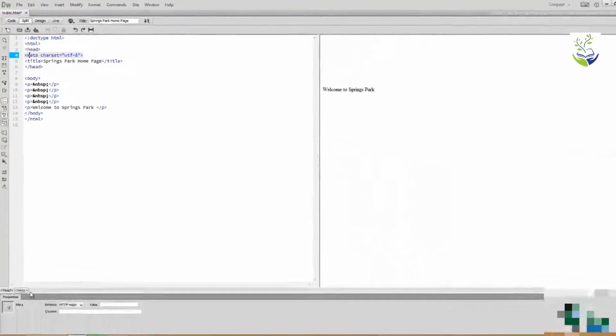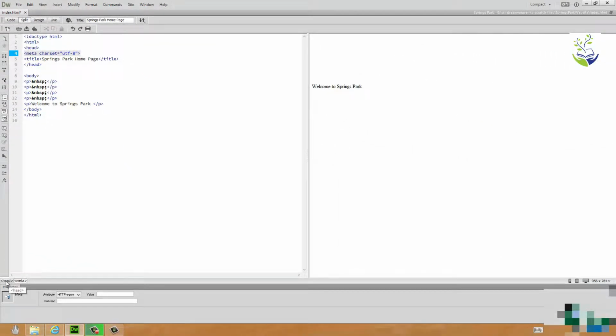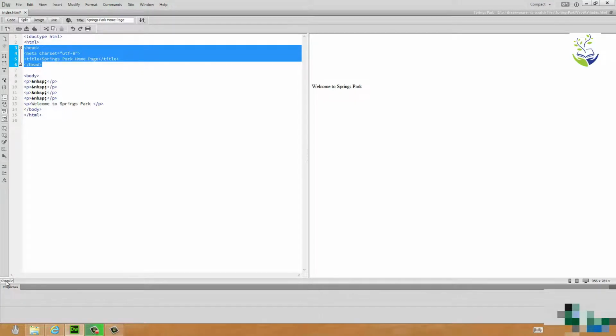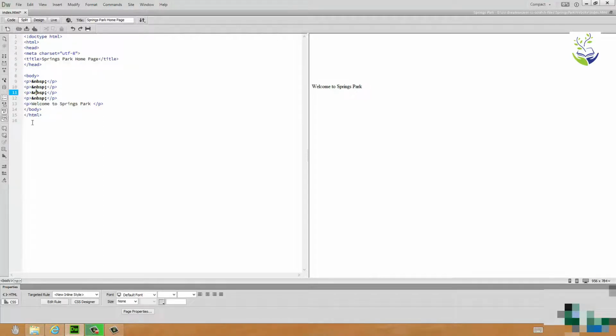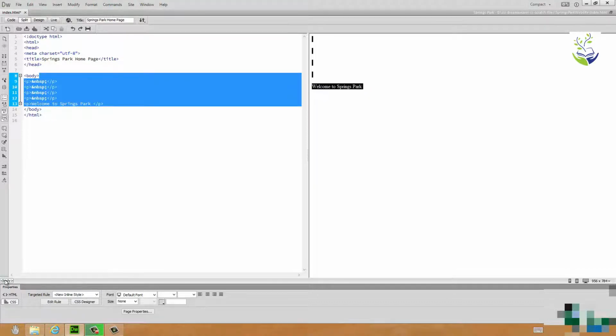And in fact, if I go down to the status bar at the bottom and click on that head tag, it selects the whole of the head section of the page. This is basically the header of the page, but not as in, say, a header on a letter or something like that. And again, I'll come back to that a little bit later on as well. But the main content of the page is in what's called the body section. So let me click somewhere inside the body. Note the tags down there. If I click on body, it selects the whole body of the page, so that's everything from the body tag to the slash body tag,